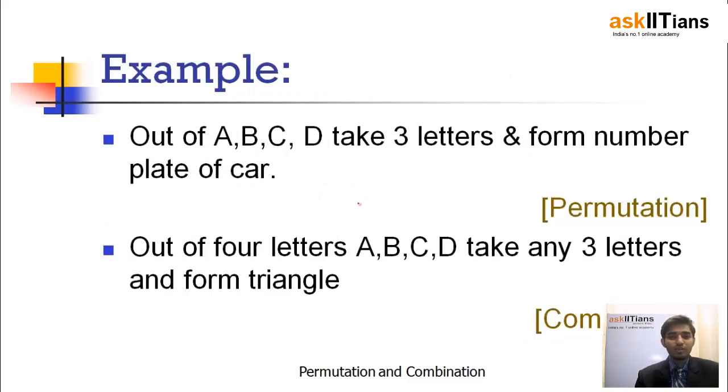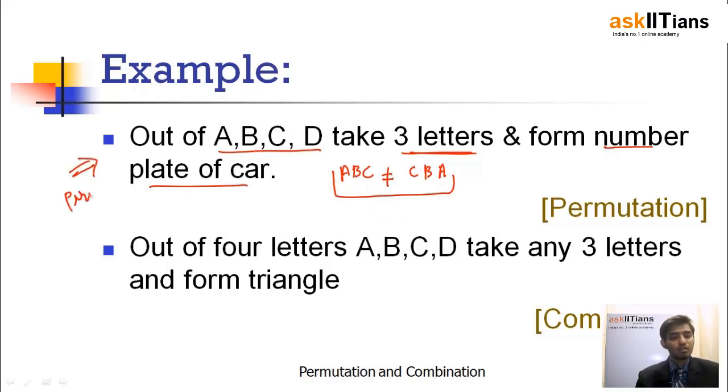Now let us understand the basic difference between permutations and combinations. Permutation deals with the order of the objects in which they are arranged, and combination is only about selection, so order does not matter. So if I have 4 alphabets A, B, C, D, and I have to select any 3 letters and form the number plate of a car, ABC will be different from CBA. Both of them are not the same arrangement. So here order is very important in which the alphabets are arranged. So this becomes a problem of permutations,